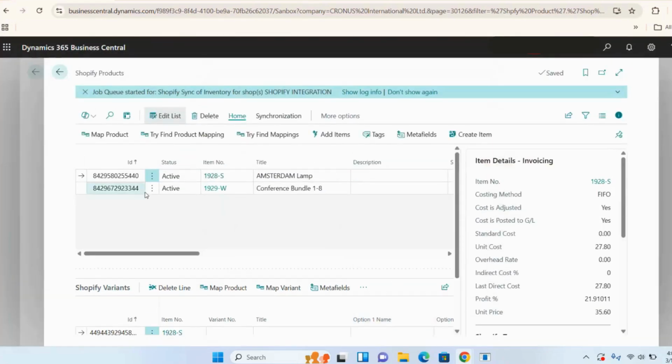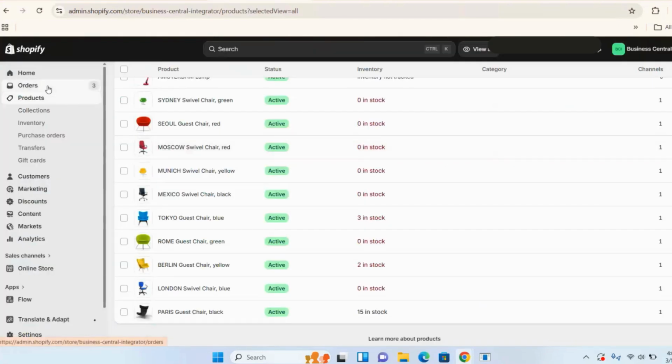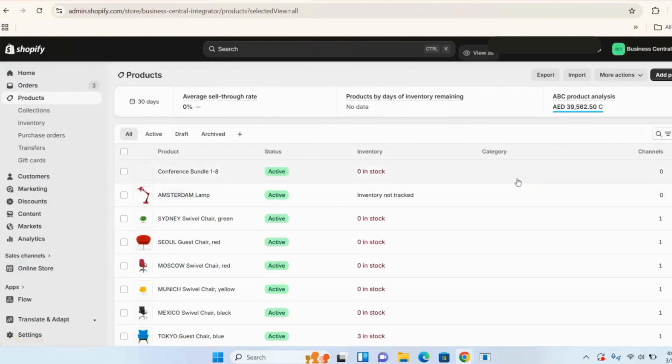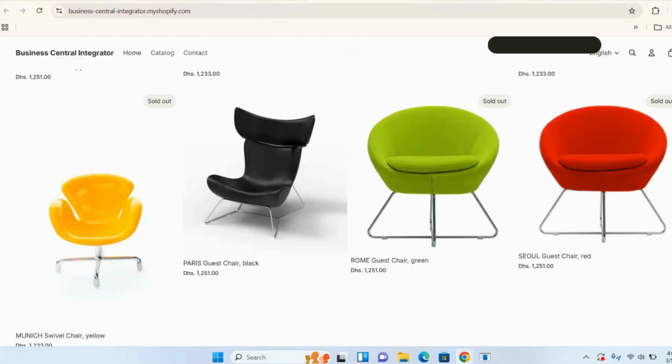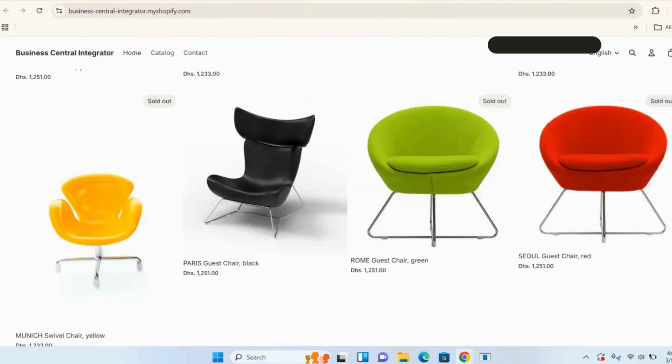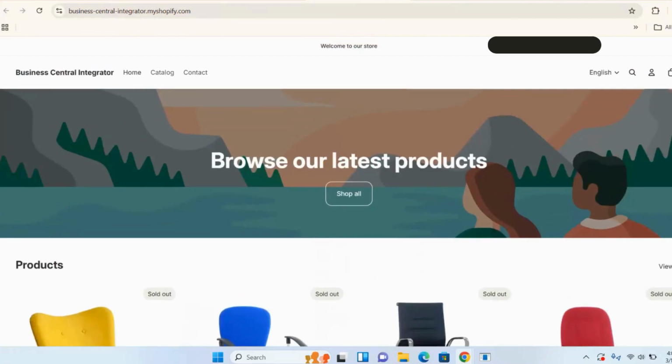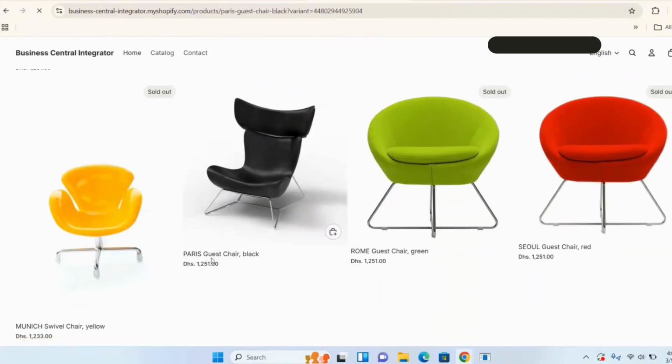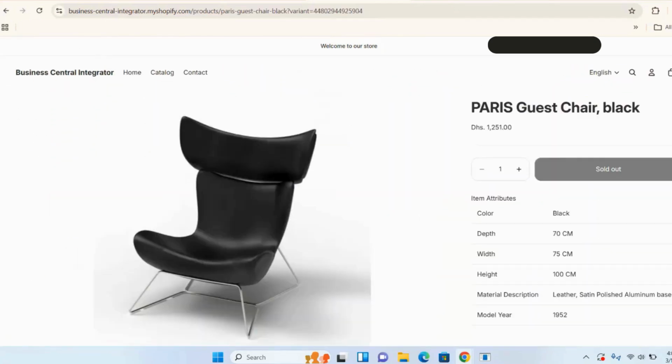Now once it is integrated, you can see the info log, and you'll see the status, which is active. If I go back to my shop and to my product, you can see conference bundle 1.8 integrated, and I do not have any inventory for that specific product. Now if I go onto this user site, which through your partner account you can just click on this link, you'll land on the user interface, where the user can add your products to the cart and check out. Since Paris gesture is available and is within the stock,